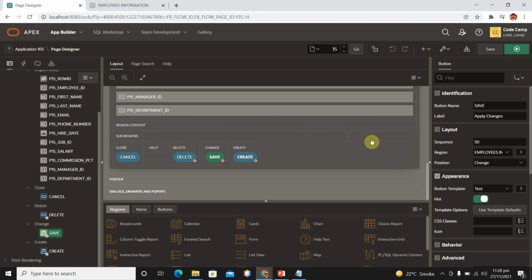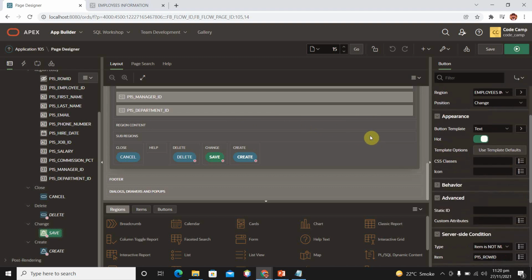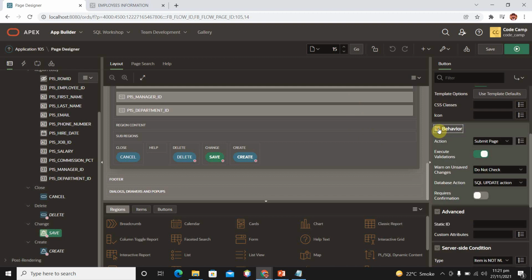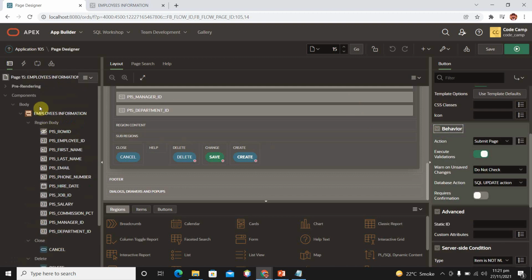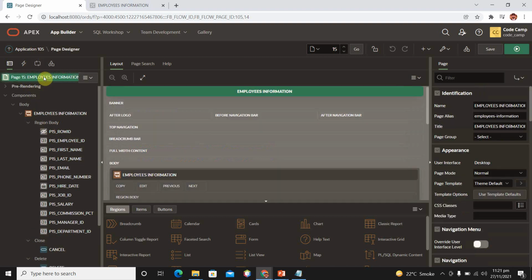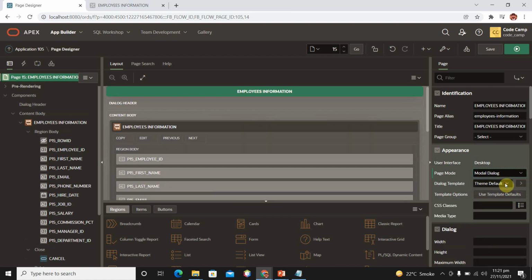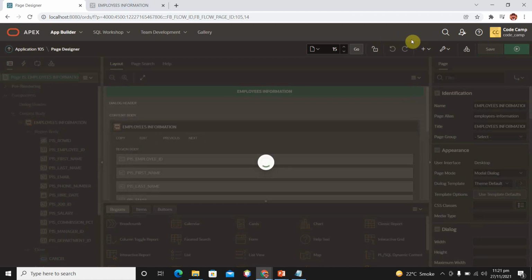So let's click on this page and change its page mode to modal dialog. So now this form is a modal dialog. Save and click on run.